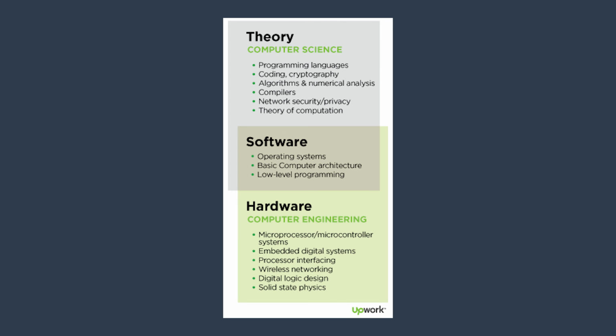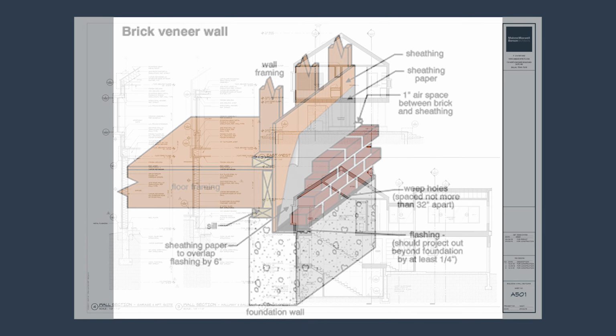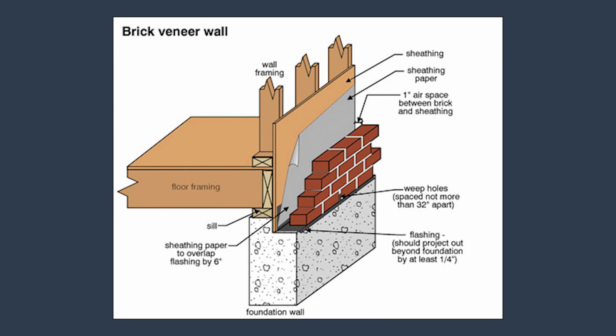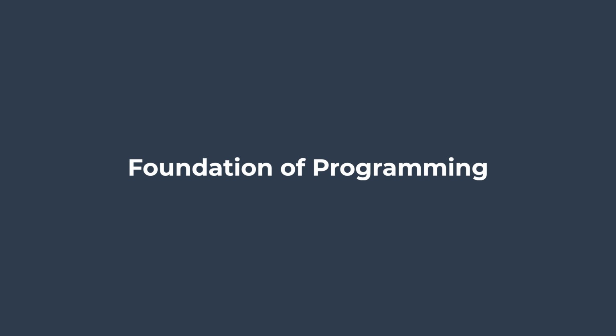It's kind of like if you want to build a house and you want to understand the whole architecture, all the physics behind it, before learning how to put a brick on top of another brick. So once we get that down, in future courses, we can talk about how things are built, how things work, piece by piece. Right now, we need to focus on getting your logic and programming reasoning muscles strong.